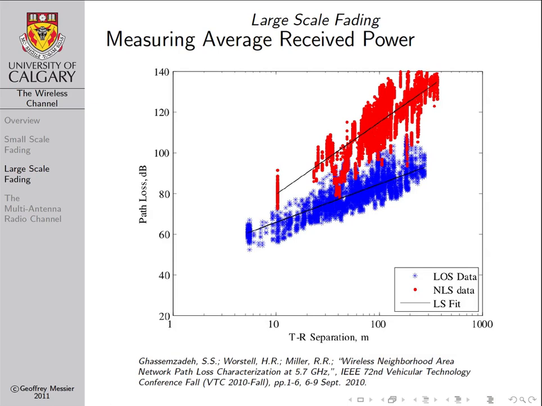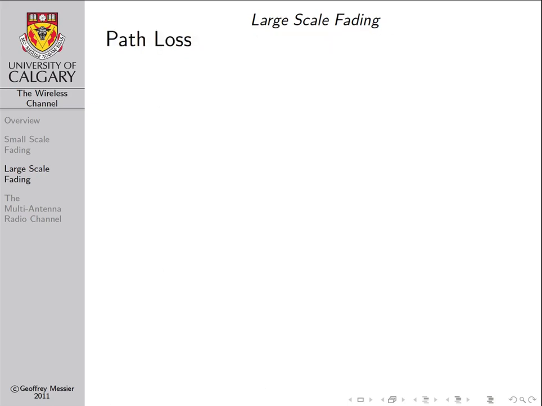after creating the plot, what the authors did is they created least squares best fit lines to the data, and you can see those lines represented in black. As it turns out, it is these least squares lines that are going to be absolutely key for creating a large scale channel model, for creating both the attenuation part, or the path loss part of the channel model, and the shadowing part of the channel model. So I want to start by first focusing on the path loss part of the large scale